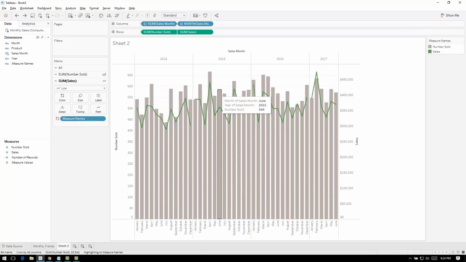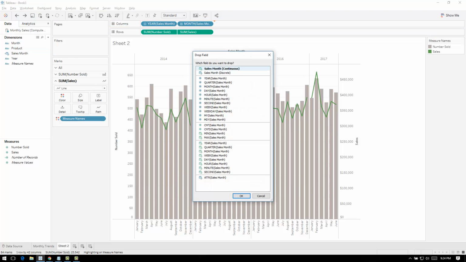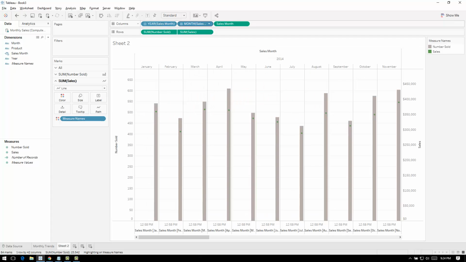Okay, I have to leave those in there, but what I'm going to do now on this one, instead of having these broken out, because I don't like how it's kind of split here, I want to see a smoother transition from December to January of each month. So what I'm going to do is bring this up, and I right click now, and I come down and I'm going to say we're going to pick the sales month in a continuous way. Get rid of these two,